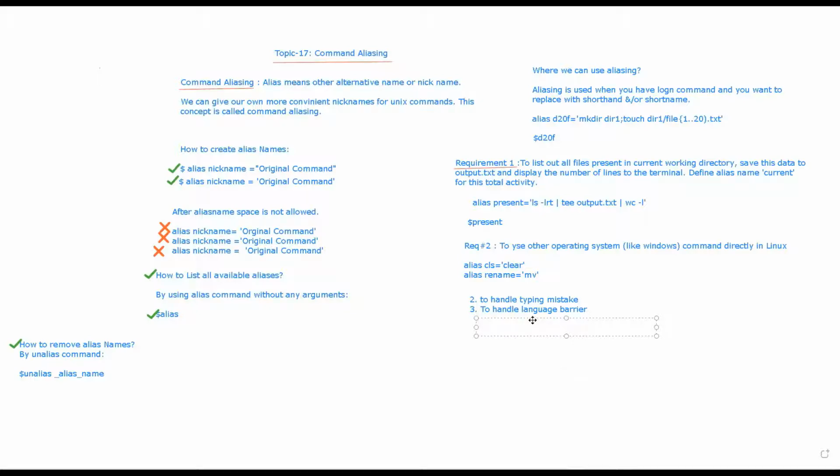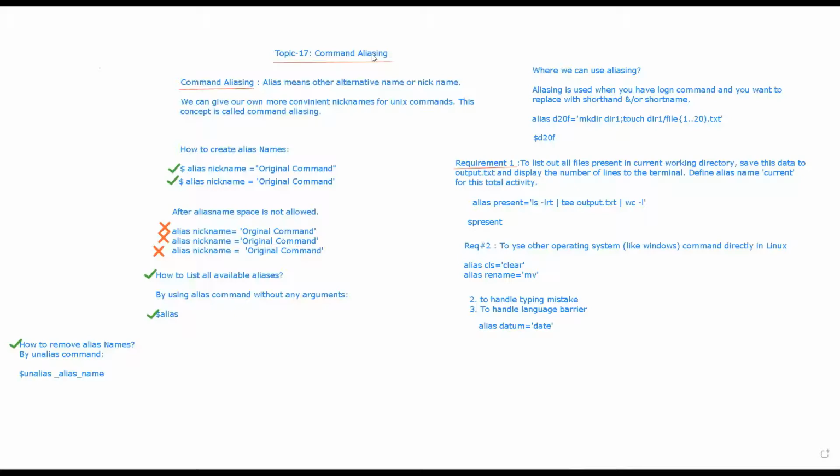So you can simply create the alias datum equal to date, make sure there is no space, and you are good to go.